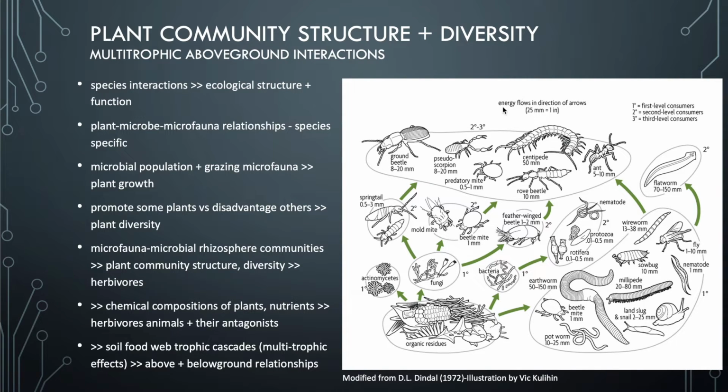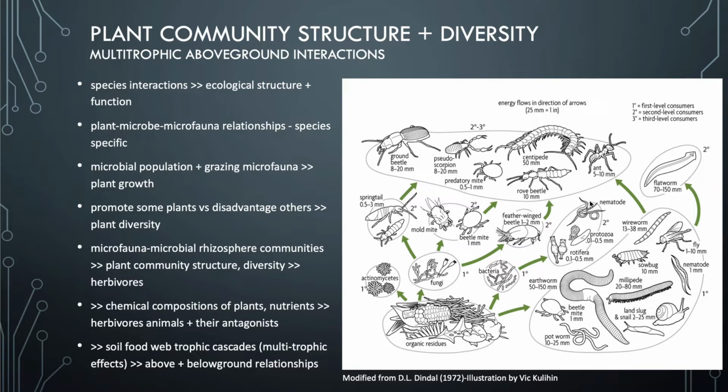And this diagram is trying to represent the energy flow from organic residues up the food web and how it's distributed via the primary level consumers, the bacteria and the fungi, and then the secondary level consumers, so the second trophic level and so on. So it's really cool to see it this way as well, because we get this representation of how the plant foods, with the addition of nutrients that fungi and bacteria pick up from soil, then together get distributed up the food web all the way to us humans and other big herbivores and predators.